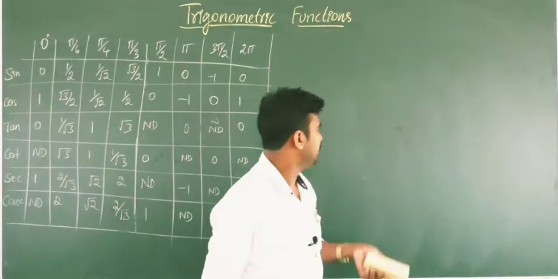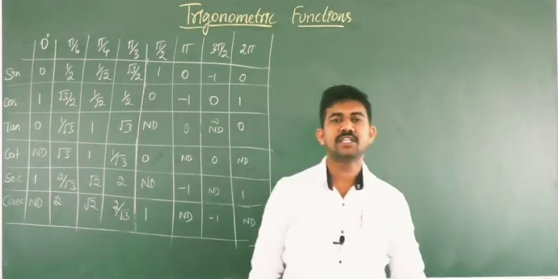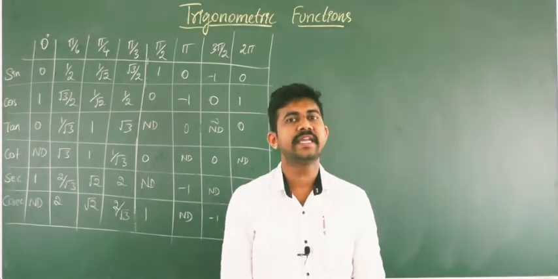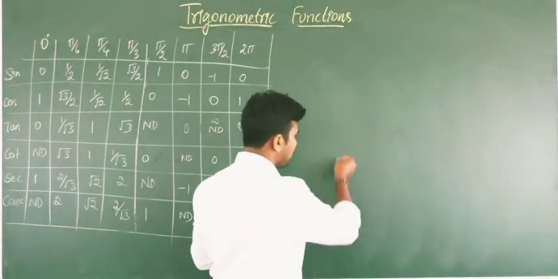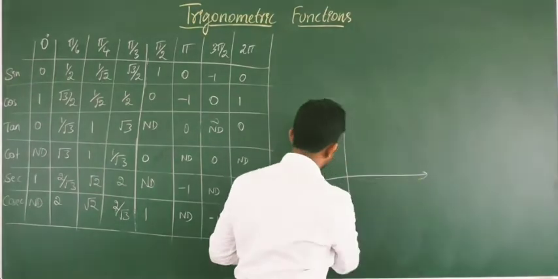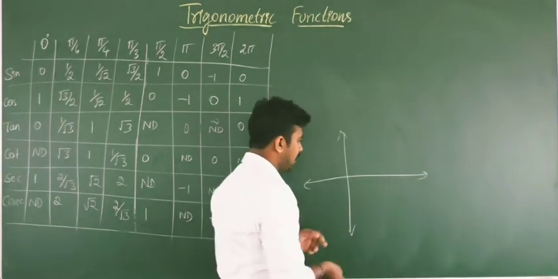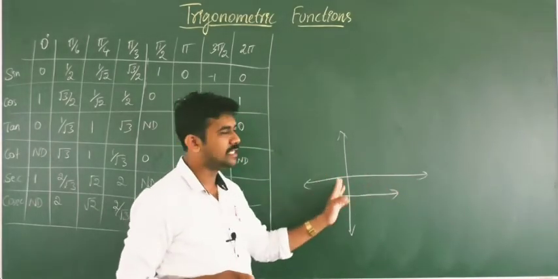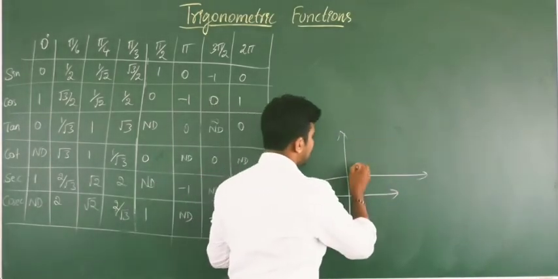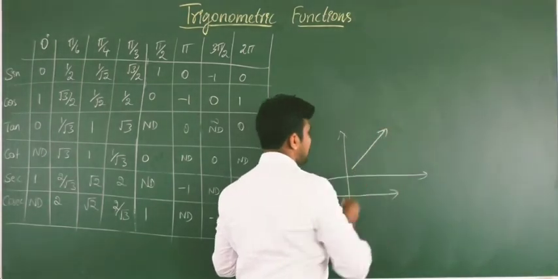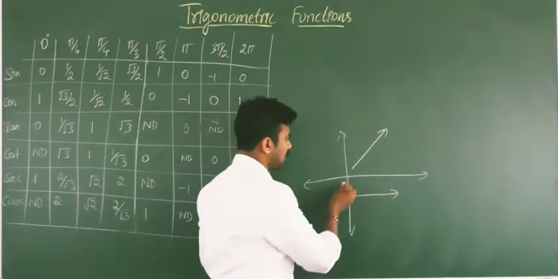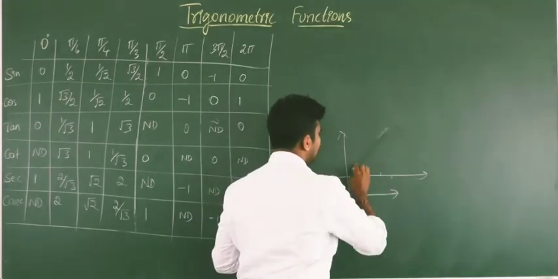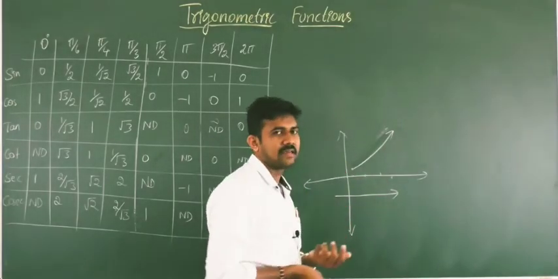Now we'll see the increasing and decreasing nature of the trigonometric functions. When can we say a function is increasing? Suppose you get the graph of the function like this, in a plane. If you increase the value from the domain or x-axis, the image of that element gets like this, it is increasing. Then we can say it is an increasing function. Like this, its image is here, its image is here, image here.